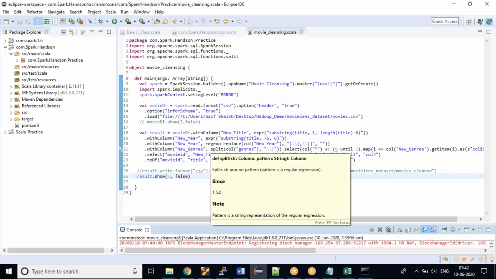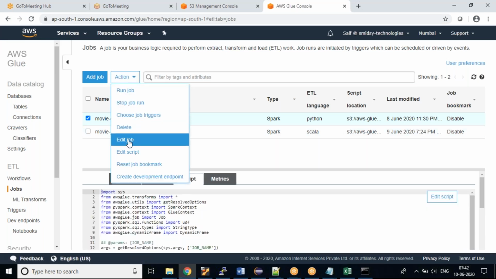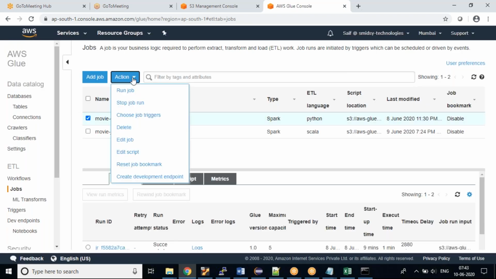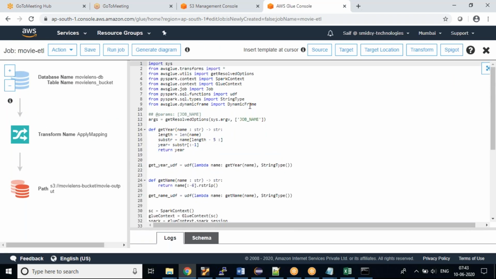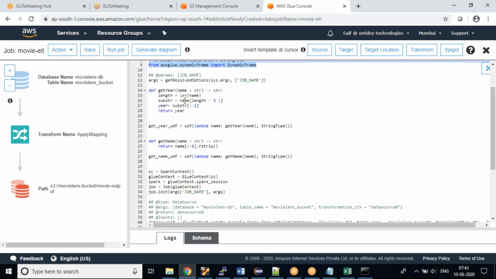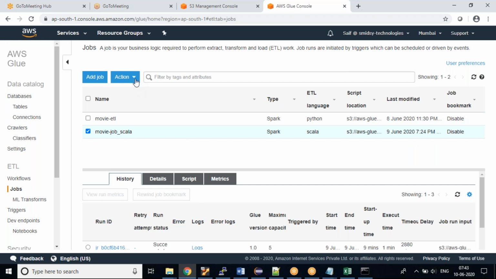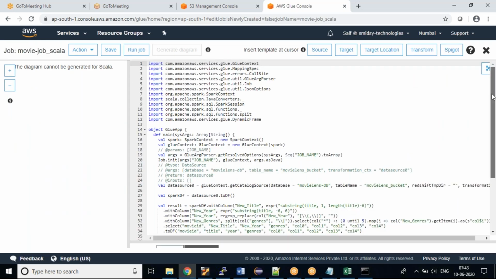This is on-premise. But if you need to write that in Amazon Glue, we need to follow a certain syntax because we need to adhere to the AWS Glue syntax. Here, if you see, I have imported some AWS Glue, DynamicFrame, etc. I have written a small one. Let me close this. This is in Python. I don't want to show it in Python. I want to show it in Scala, because my code is already in Scala.